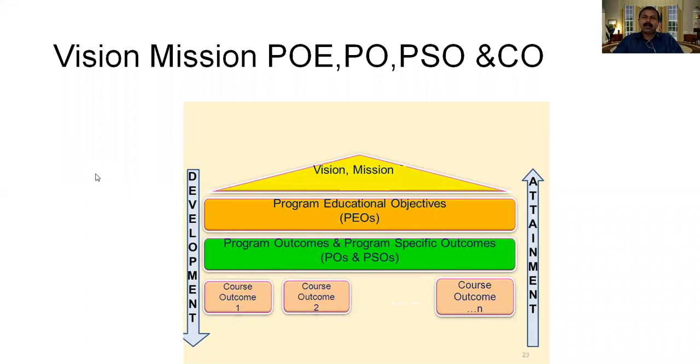Program outcomes are not specific to a discipline. NAAC clearly says that program outcomes are not specific to a discipline. But in the case of NBA accreditation, they have defined the program outcomes for engineering background. They have defined the program outcomes for management background. So this says, regardless of the specific program, even though the name is program outcome, what knowledge, abilities, and skills the students will be achieving if they take a program.